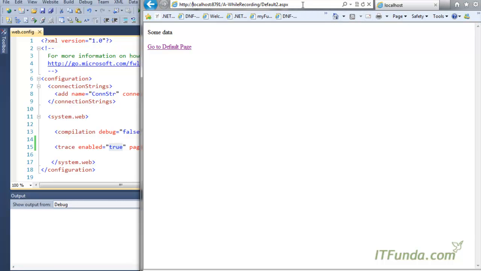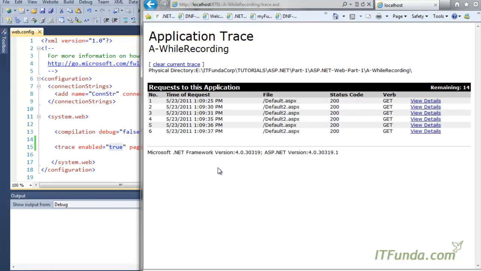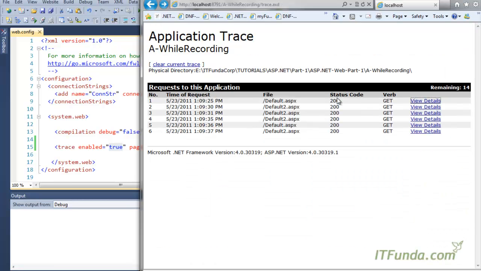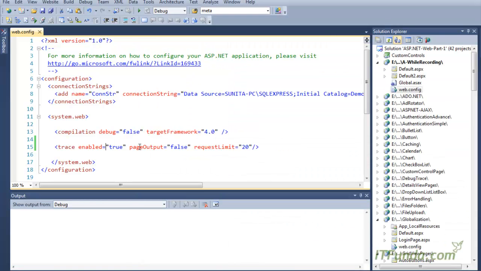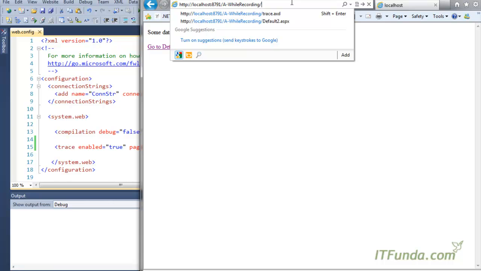trace.axd file of the application. So here I can go to the trace.axd, and then you will see that all the pages I have navigated appear one by one here, and I am able to see the details also by clicking on the view details link. Now you can see that I am able to see the trace information for the respective pages. Because I had written pageOutput equal to false, on that particular page the trace output is not coming, but in case we want to see all the trace information, then we need